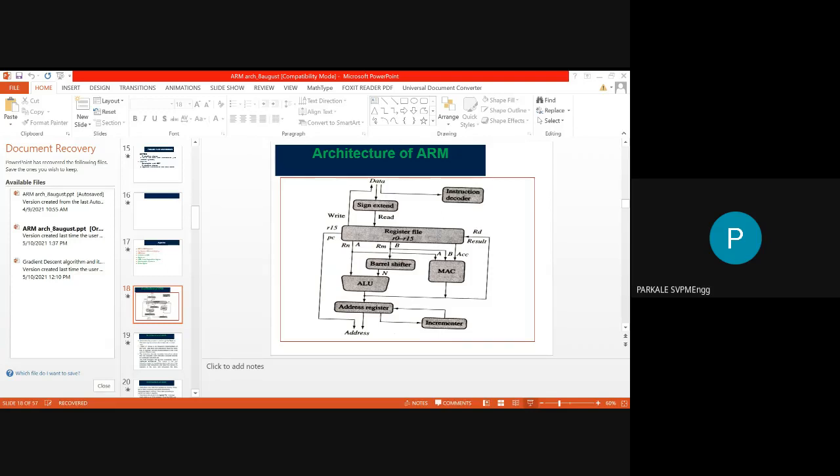So here register R15 will work as a program counter. This address is pointed by the program counter, and now there is one more block called an incrementer. You know that the incrementer is used to increment the address in the address register. For example, the first address is 100, the next address is 0101, and the next one is 110. Likewise, the incrementer is used to increment the address of the memory by 1.